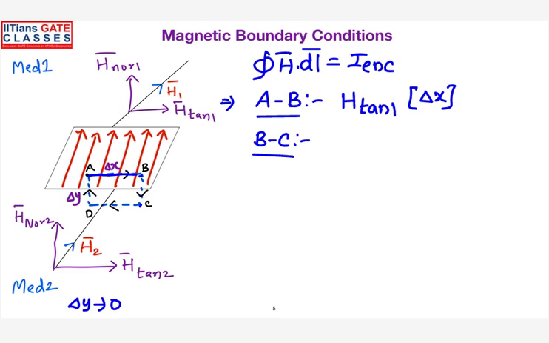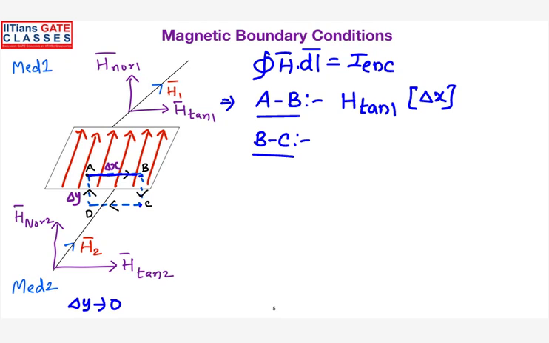Can you tell me in this case, what will be the direction of the magnetic field? Since the current is flowing in this particular direction, as we have seen in the previous surface current case, if we move perpendicular to the sheet, there is no magnetic field. So suppose the current flows in the x direction, the magnetic field will be developed in the y direction. Right now in this case, the current is flowing in this direction, which means the magnetic field is produced along the x direction. That is the reason why, when you are moving from A to B, you are getting a finite line integral, because there is a magnetic field when you move from A to B.